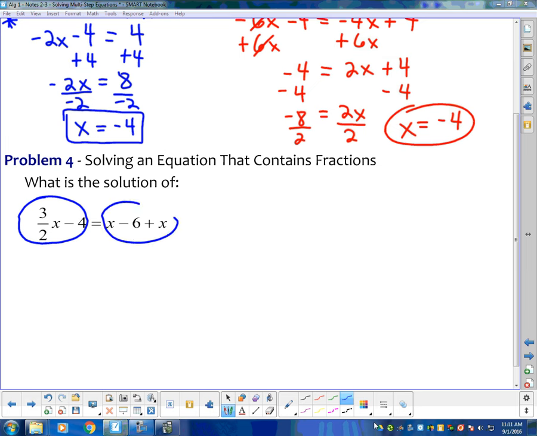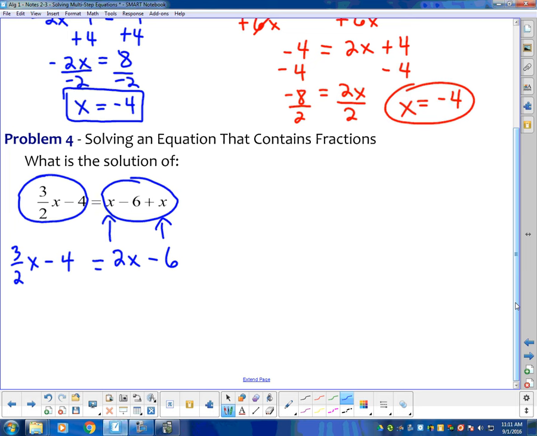Over on this side, you can see that there are some like terms to combine here and here so that we have just one single x term and one constant. So I have one x here, another x here. That gives me 2x minus 6. I'm just going to copy down the left-hand side. Now, if I want to get the x's all to the left-hand side, it's going to involve subtracting 2x from each side, and I'm subtracting